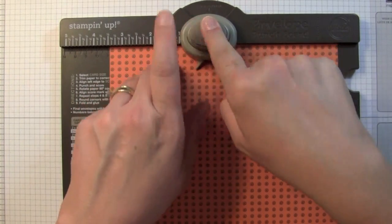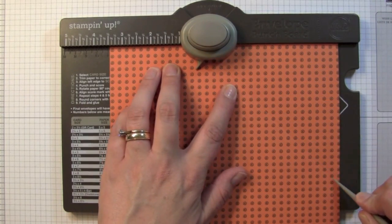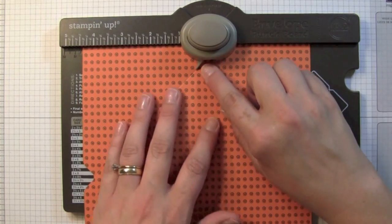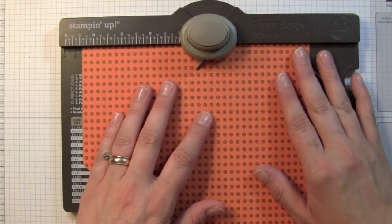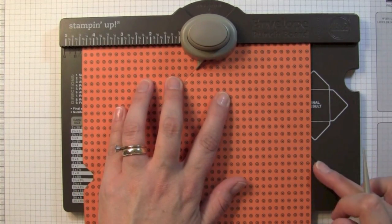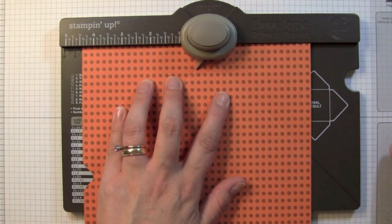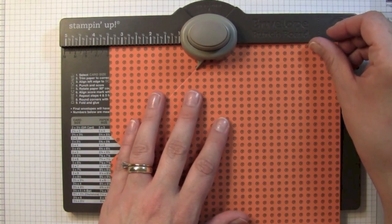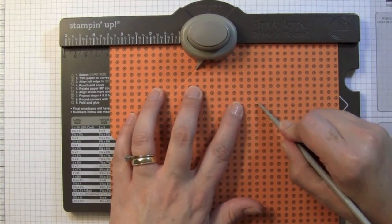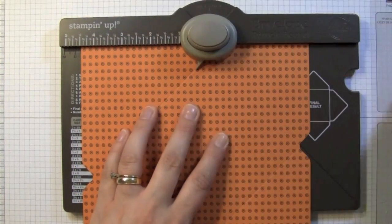I'm going to push this button right here to punch my little V corner. Going to take my bone folder and do my score line. Then we're going to turn our paper, line our score line up with this point of the board here. We're going to punch and score again. There's a groove that goes right down here for your scoring. So it goes from right inside, you take your bone folder, stick it right on the side, and come right down. That's how you do your scoring. Again, we're going to punch, take our bone folder, stick it inside, and come right down the score line. We're going to turn it for the last punch and score mark,